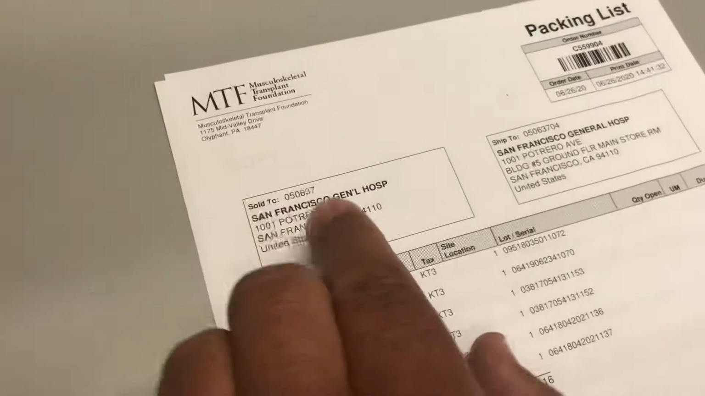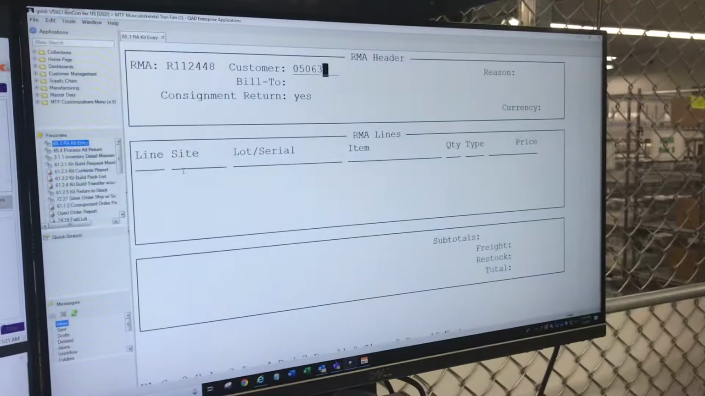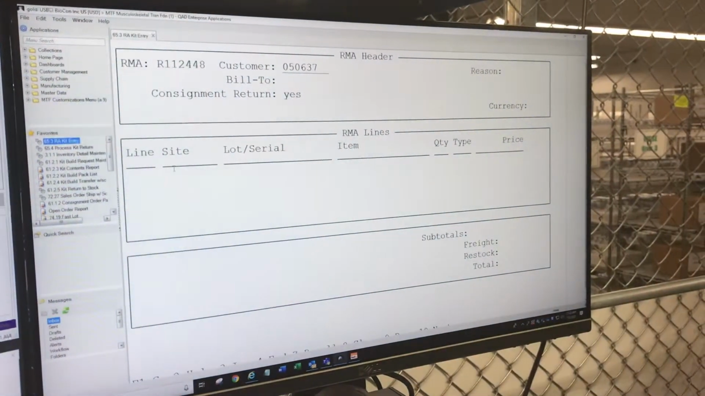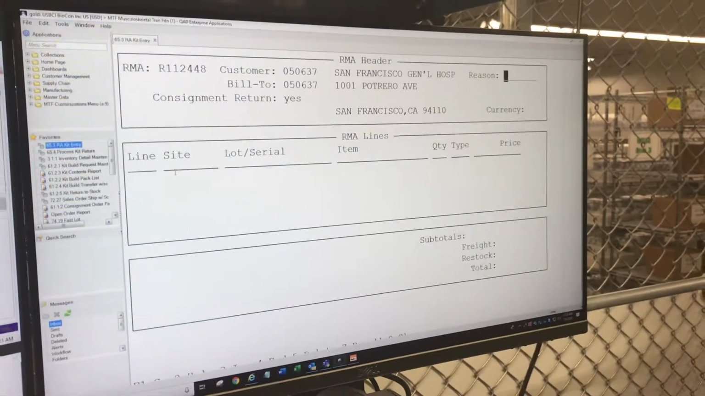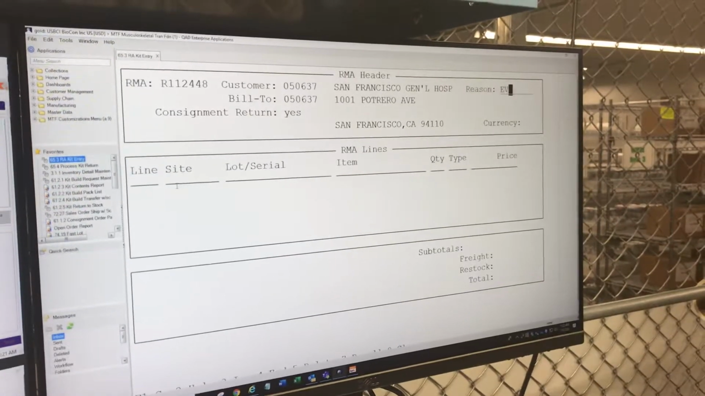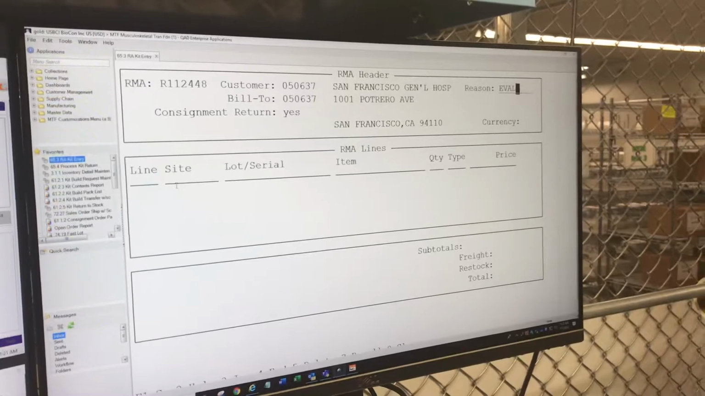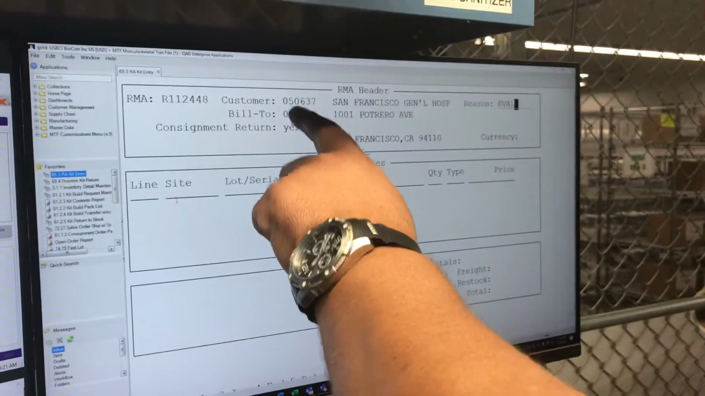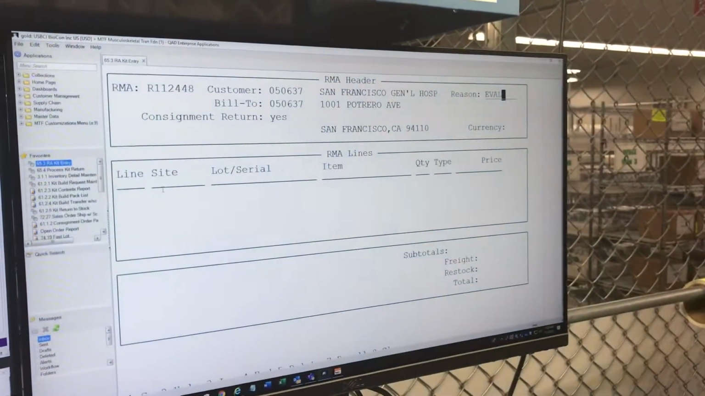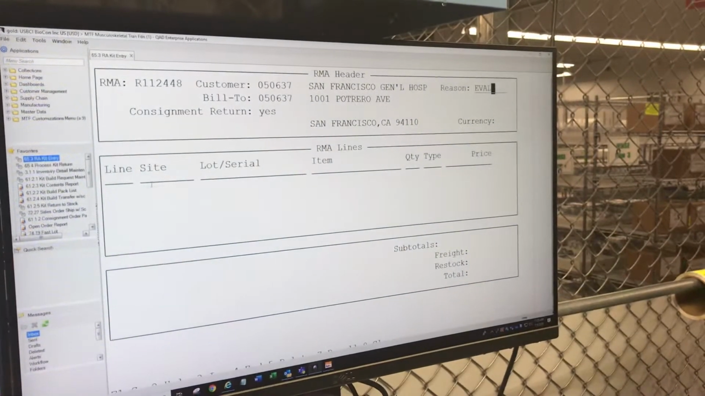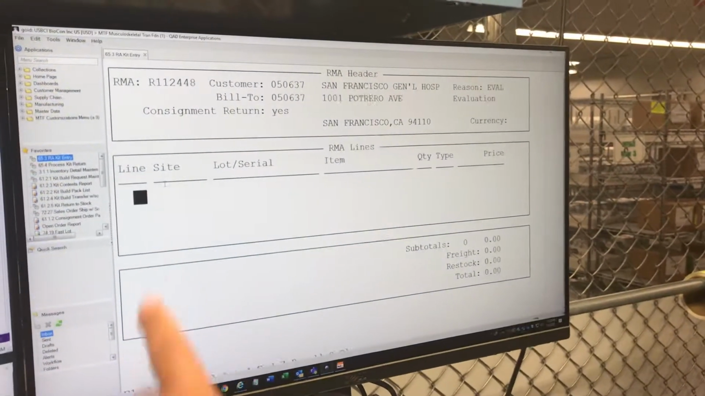Your sold to number is your customer number: 050-637. Enter twice over the reason. Reason is always eval. The bill to number will always be the customer number. As soon as you enter, it just duplicates. So you'll enter twice again after eval. When you get down to your line,